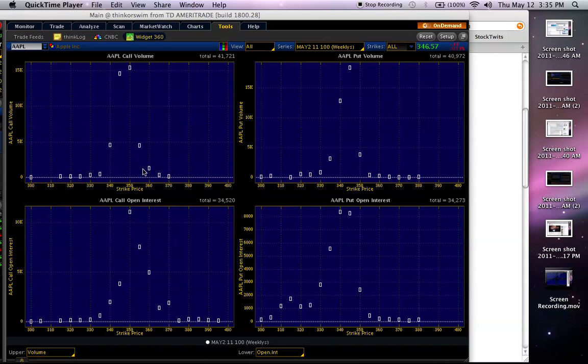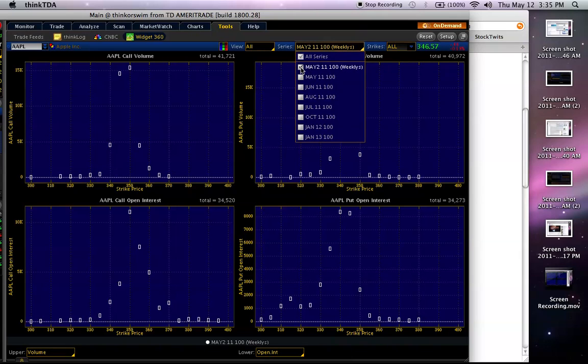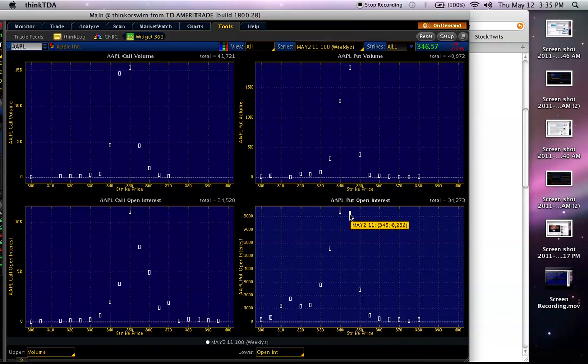So, looking at your open interest, this is for the weeklies. So for this week, you can really start to pinpoint it with a great amount of accuracy on Mondays, Monday the 9th. A week out, you can tell exactly what range Apple is going to be in. Here you have the 350s with the highest open interest of 11,000 contracts, and over here the highest on the put side is 340, 345 I would call it.